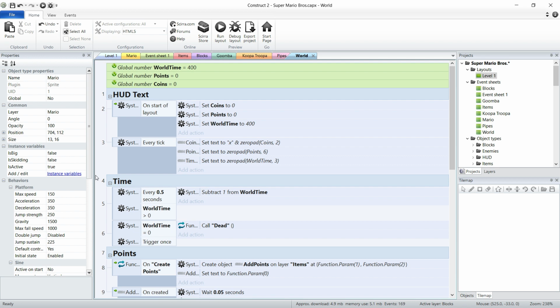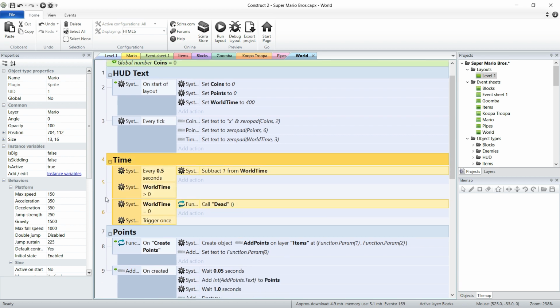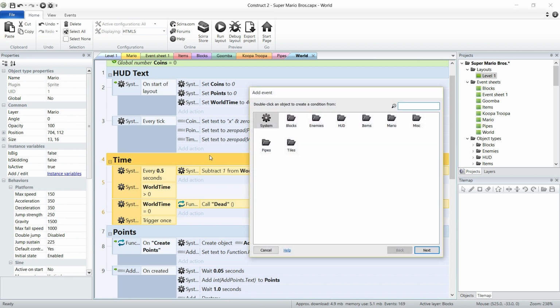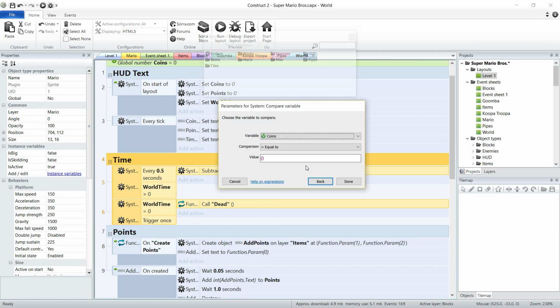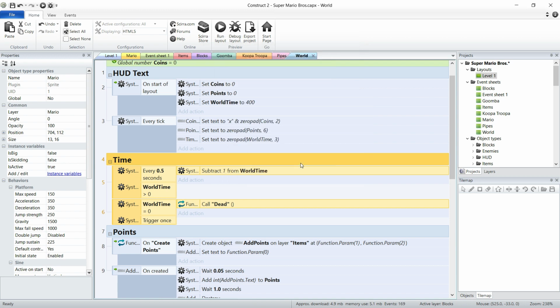And most of what we're doing is going to be under time. Alright, so as you can see, we're already checking if there's no time left. If there's none, we kill Mario. Okay, but we're going to add a whole new sub-event to check if the world time is at 100. So let's go to system, let's go to compare variable, world time is equal to 100, and